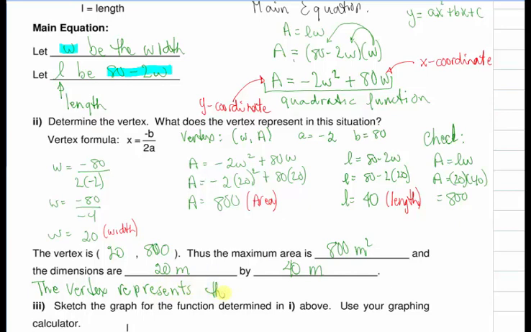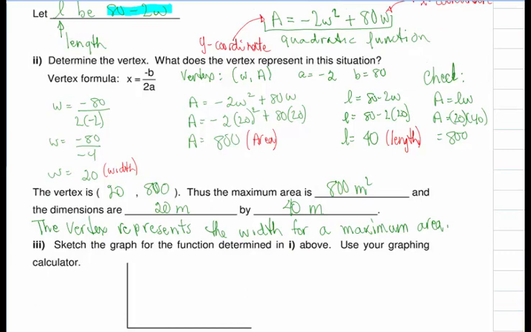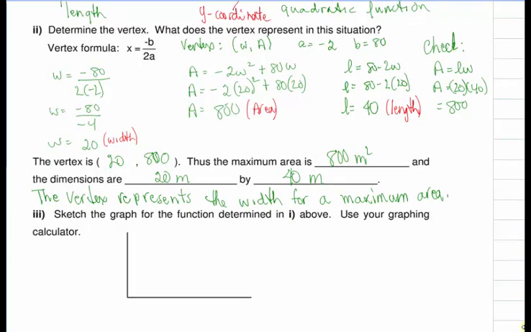Okay, so the vertex represents the width for a maximum area. Okay, so in terms of our problem, when our width is 20 meters, we get a maximum area of 800 meters squared. So the next part of our question is asking us to graph the function that we got in the first part of the question,